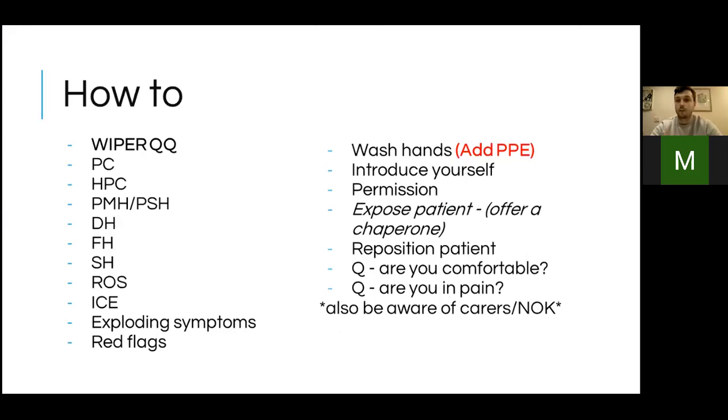It will show the examiner that you're thinking patient safety, and it will get you points. The first thing you need to do is wash your hands. Make sure that the examiner sees you wash your hands in a stepwise fashion. Because of coronavirus and COVID-19, it would be appropriate to don PPE, or at least verbalize that you would don PPE before assessing the patient. In A&E, we usually wear goggles, a surgical mask, plastic apron, and surgical gloves. That may not be available to you at the time, but it's important to at least verbalize that you would do that. Then, also really important, introduce yourself, introduce your role, and gain consent.